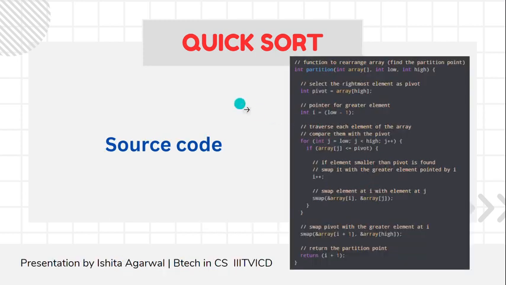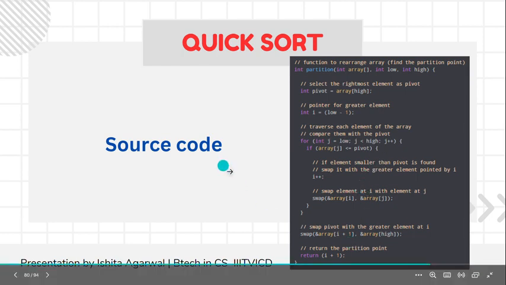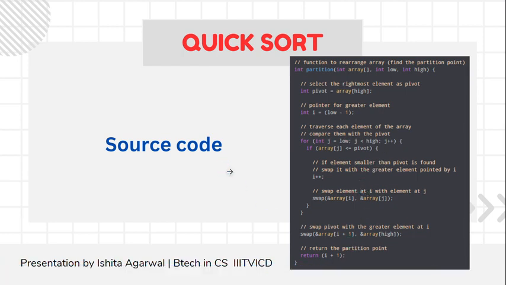Now coming to how to select the pivot element. So this is the whole algorithm of selecting the pivot element. You can select any pivot element you want. Maybe it can be the leftmost element, rightmost element, middle element, or any random element. So here we are selecting the rightmost element as the pivot, and then we are creating a pointer for the smaller element,